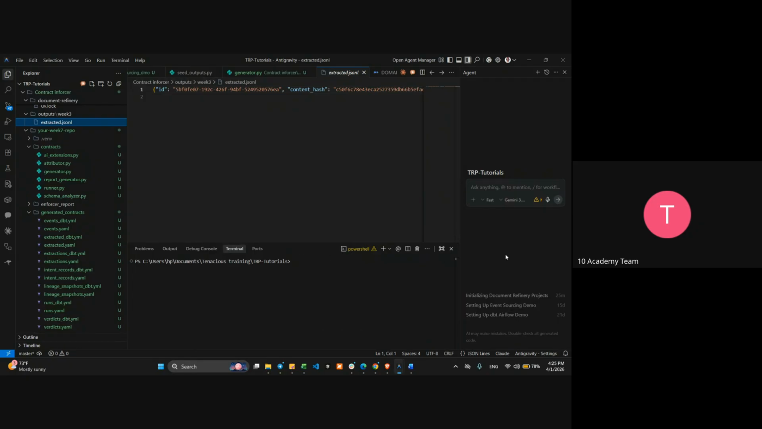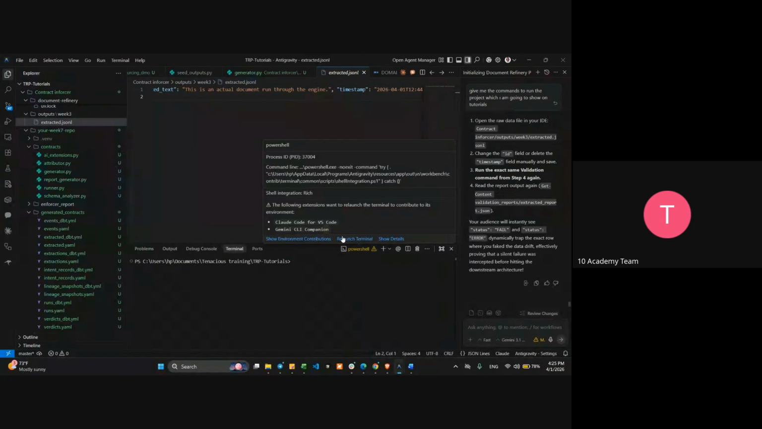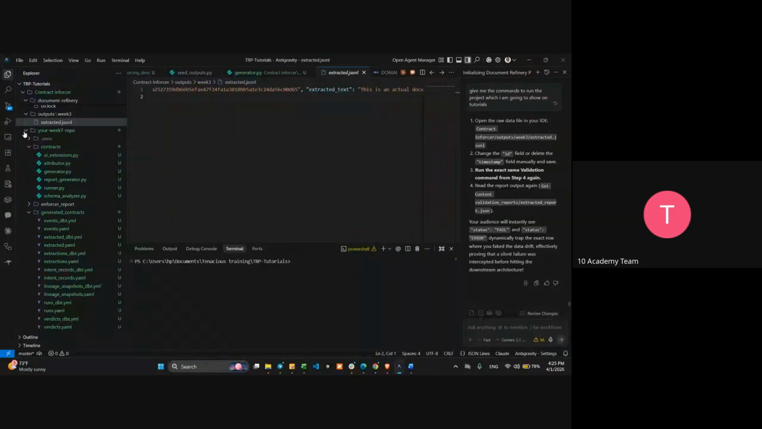Here comes the ID. We have the ID, the content hash, the extracted text, and the timestamp as well. Finally, it will give us such an output. We're just working up till the validation part. We're not going to cover the violation part today, but this is what it looks like for the change to be traced, and changes are labeled as critical or